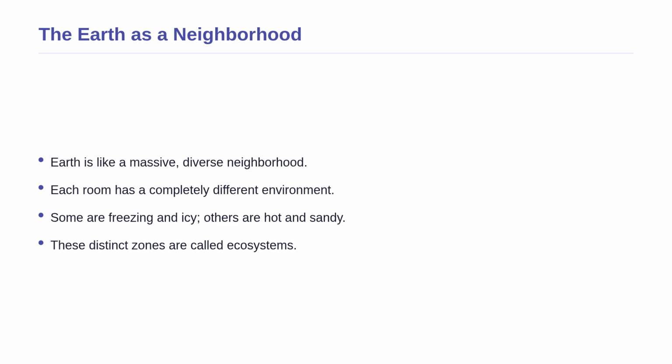It is divided into distinct rooms or zones that we call ecosystems. Each of these zones has its own unique set of rules, weather patterns, and living residents that have adapted perfectly to survive there. By understanding these different rooms, we can begin to see how the entire planet functions as one giant, interconnected home for life.